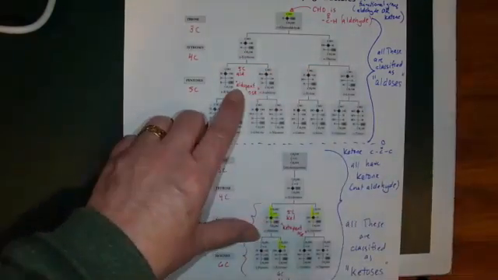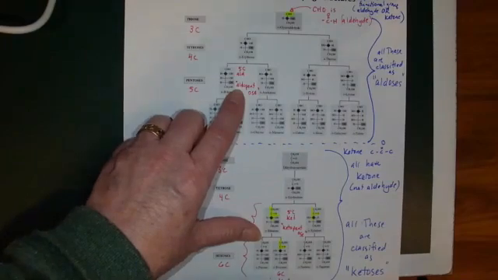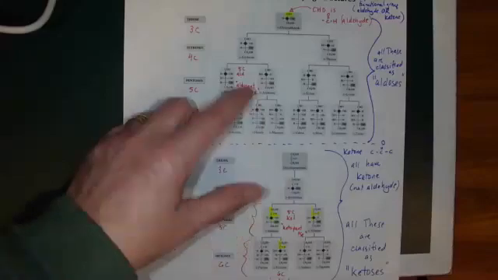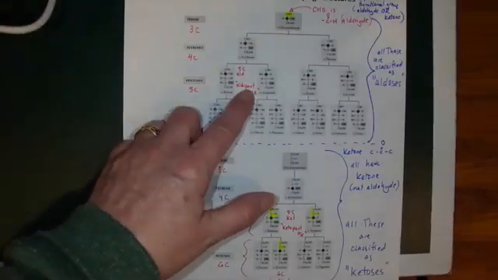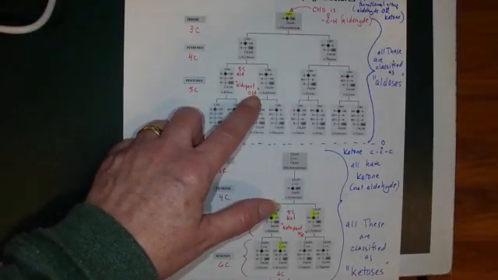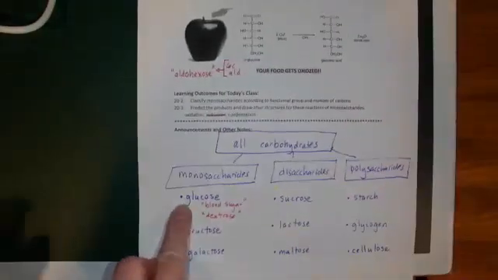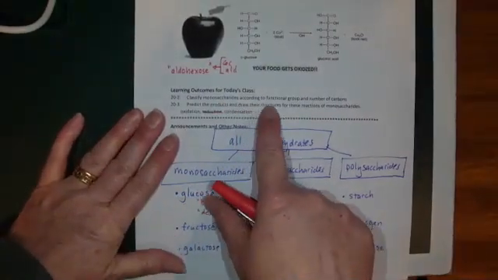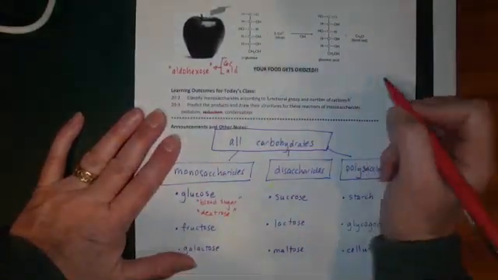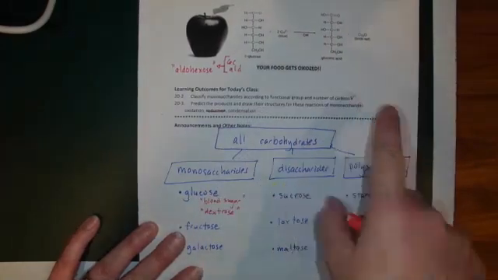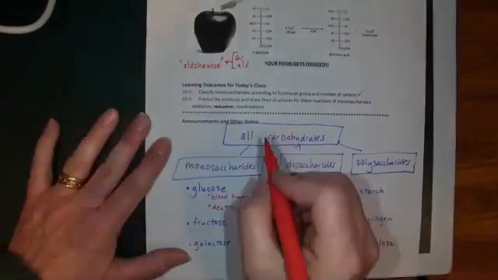So again, the first part, aldo or keto, tells you if there's aldehyde or ketone present. The pent or hex or tri would tell you how many carbons total. And then the ose is an indication that it's a sugar. So what we've just done is we've learned how to classify monosaccharides according to functional group and number of carbons. I'd like you to practice a few more so that you feel like you're solid, but beyond that, it's fairly straightforward. The rest of the video will be looking at oxidation of monosaccharides.